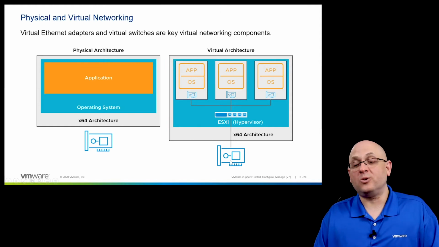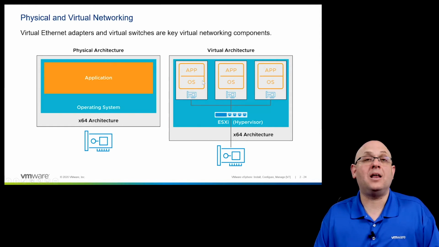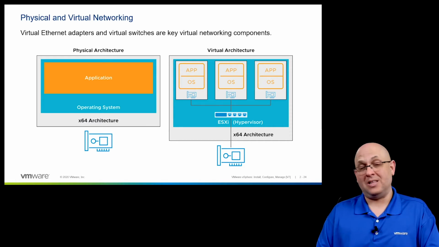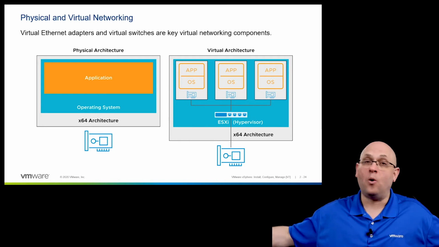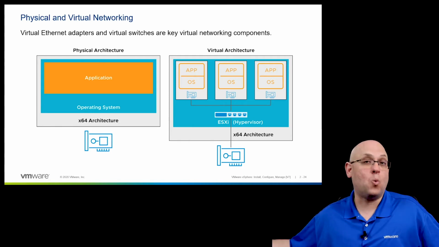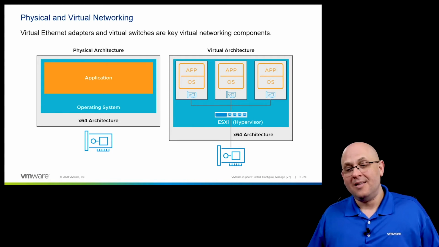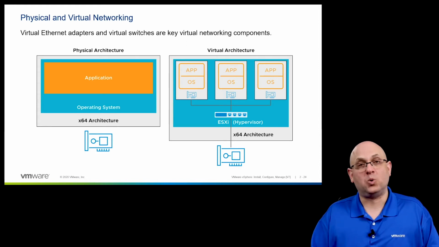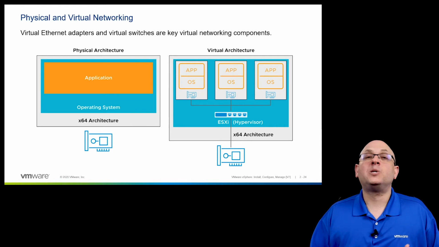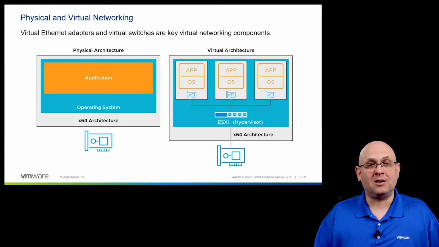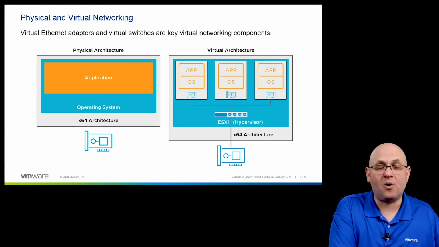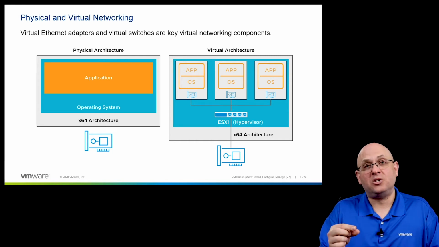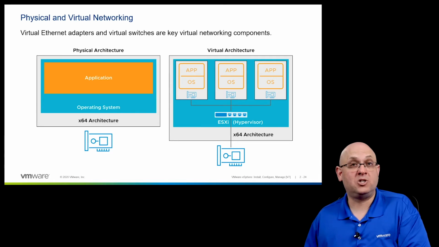But if I want those virtual machines to be able to communicate with virtual machines and other physical machines out there, either on our LAN or on the wider internet or on our WAN or whatever it might be, then I have to provide physical networking to my virtual switch. So like a switch in any data center, like an edge switch, for example, I need to provide an uplink